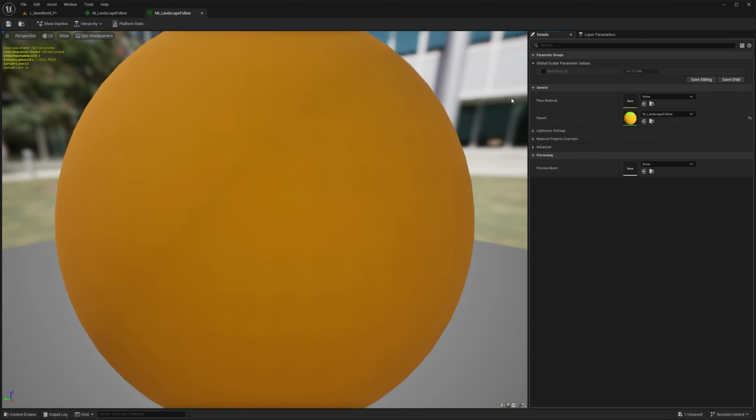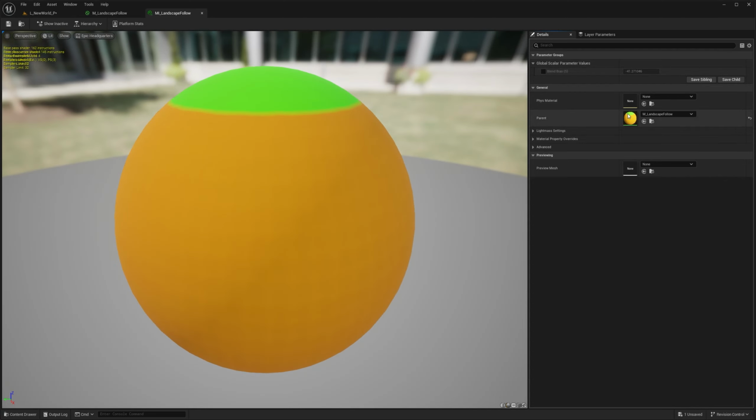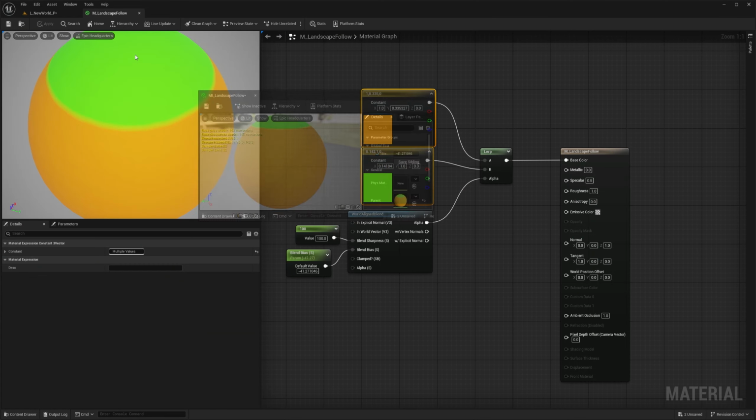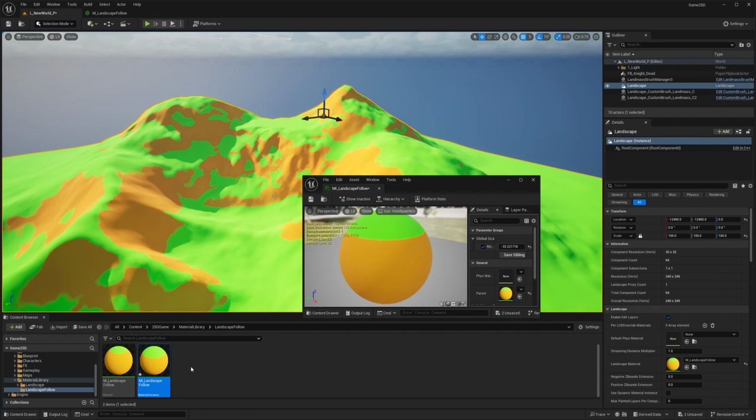If I click it, I only have available for me to change what was exposed in the mother or the parent material. So right here, if I click on the thing there and I push this down to see this, that's the only setting that is available. Oops, actually, we forgot the most important, which is to assign that there. And now if I move this, you can see that I can control that.